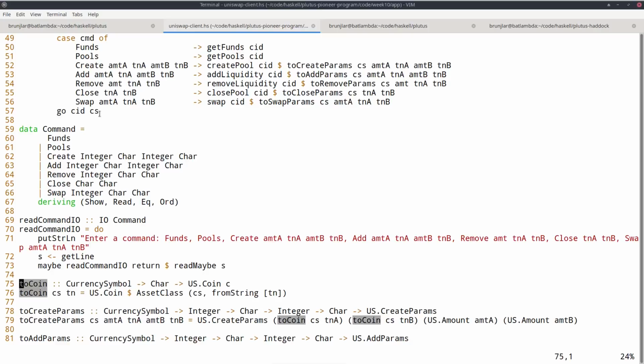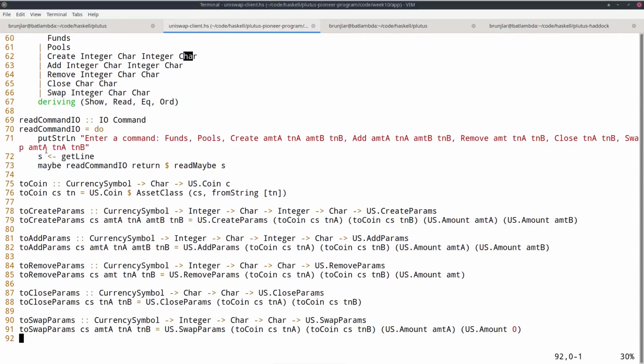And for the token name, because the token names were ABCD, I just use a character for that. Then it's easier to type. So for example, create integer character. So that means create a liquidity pool with that amount of the token with that token name and that amount of the token with this token name, and so on.